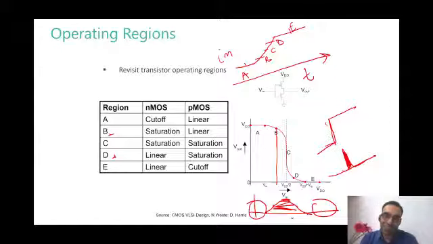Yes. An inverter is an inverter. It can operate like anything. Okay, sir. So when we are making use of this inverter as a common source amplifier, then we are talking about biasing. Not just a common source. We're simply saying, an amplifier. And in digital, we won't pay much attention to this C region. We will just go from A to E directly.